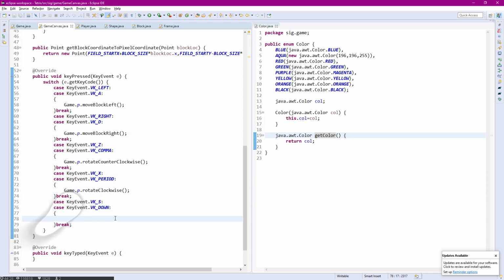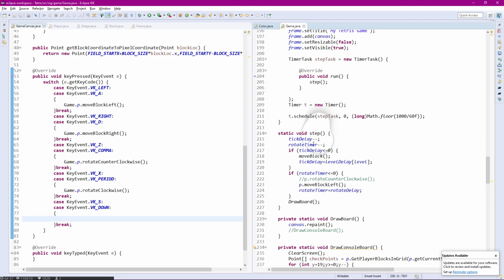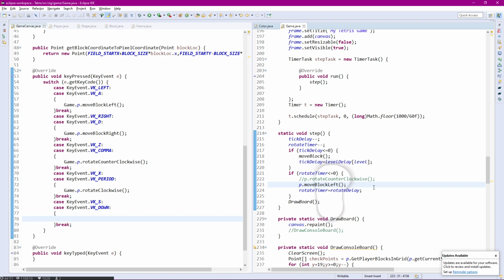That's actually not something we really incorporated, and the reason is hard dropping just speeds up the timer. So if we recall from the last time we worked on this, we made a delay that determines how fast a piece will fall. So if we start pressing on this hard drop key, what we should do is tell the game, hey, I don't want to wait for the timer to go down before moving the block down. Just move it down. So the easiest way to force that is by setting the